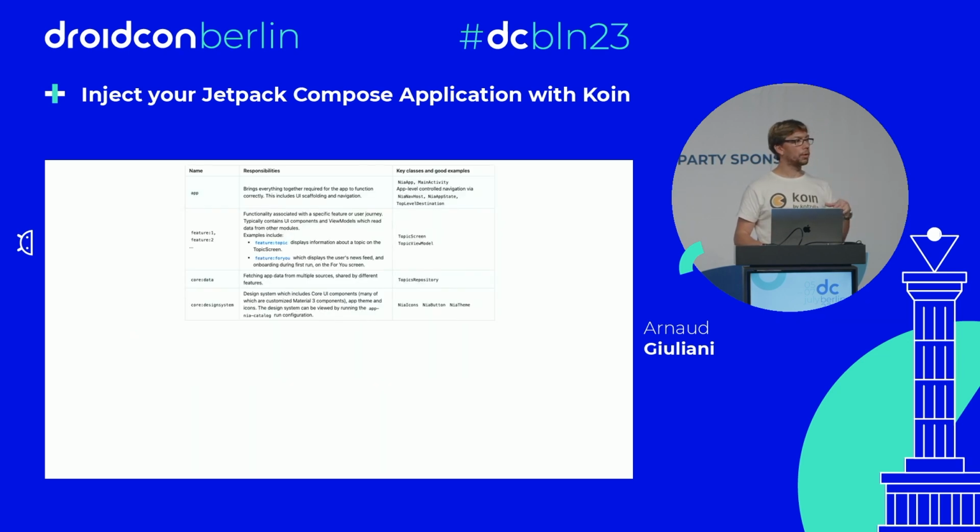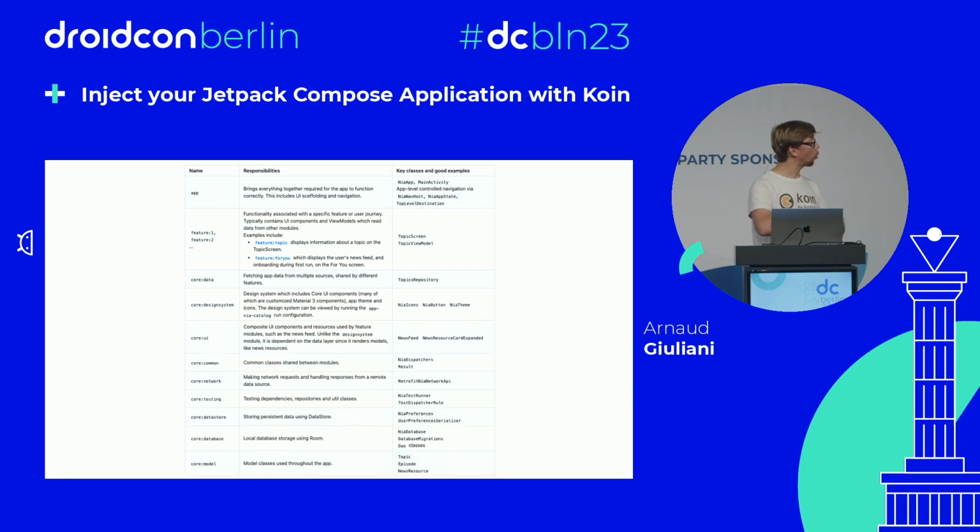Online, if you go on the Google GitHub about Now in Android, the documentation is really complete about what each module is doing and what kind of components you can find in each module and each responsibility for that. Then for me, the work was super easy to migrate this because it was migrating the Dagger configuration and changing it quickly for Koin configuration.